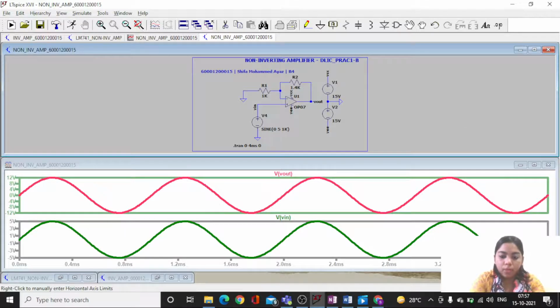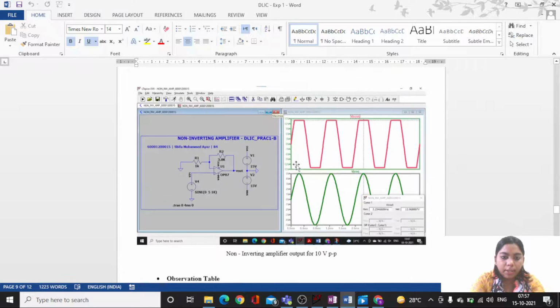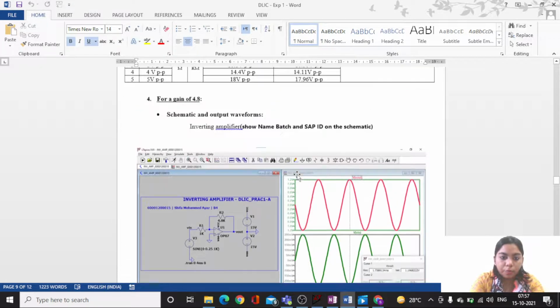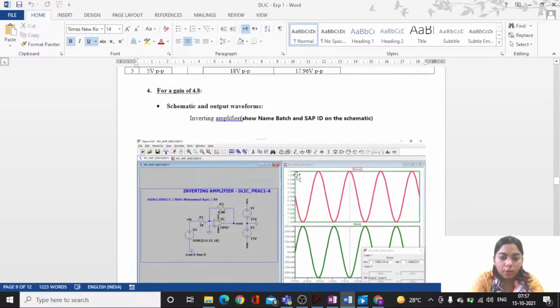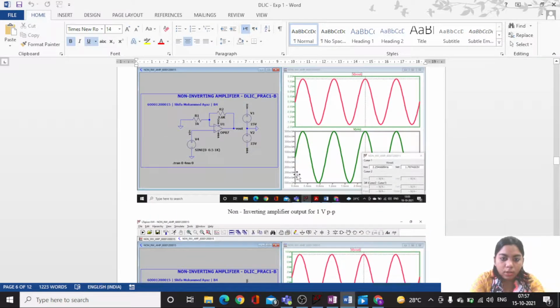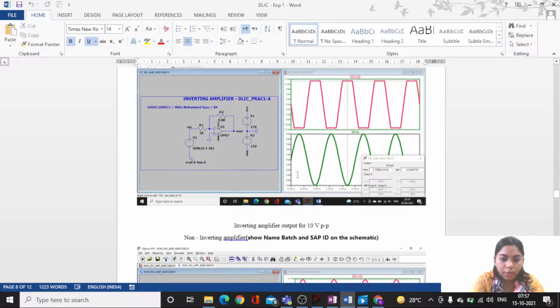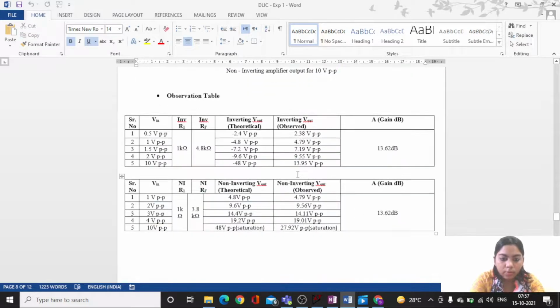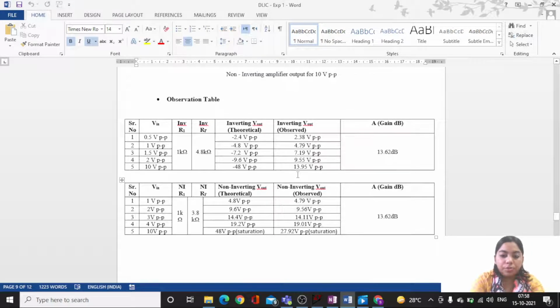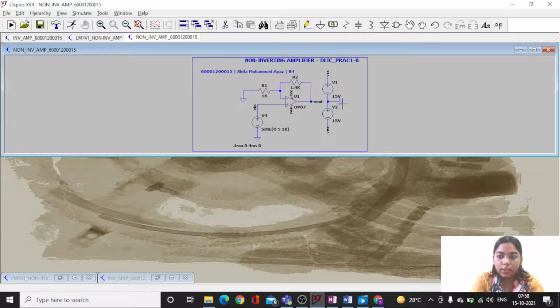Okay, let me check at what levels I'm getting saturation, whether I'm getting saturation for the gain of 2.4 for a non-inverting or not, because, yeah, 4.8 now, 3.8 I have considered. Yeah, okay, I'll show you for a gain of 4.8 only, as I had shown you previously.